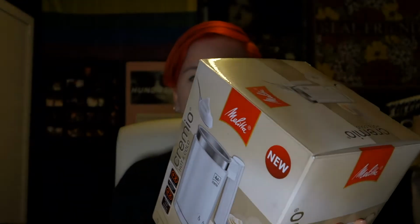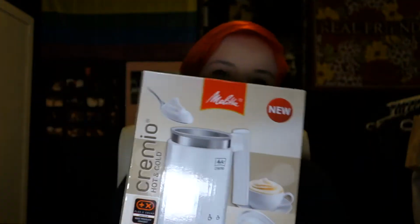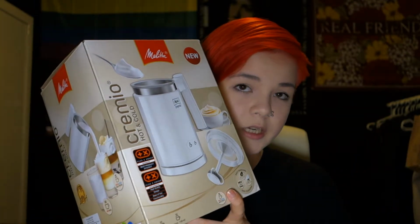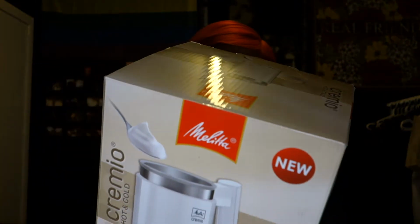This is the Melitta Cremio Hot and Cold, and this is a machine to heat up milk or froth milk. You can froth it hot and cold. And yeah, I was really happy with this one because I